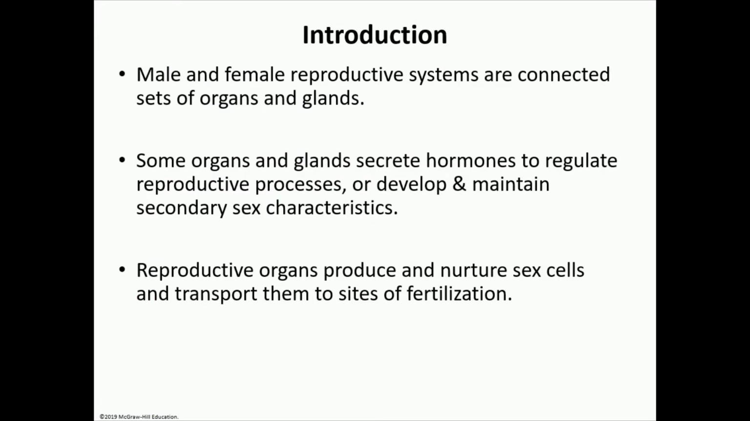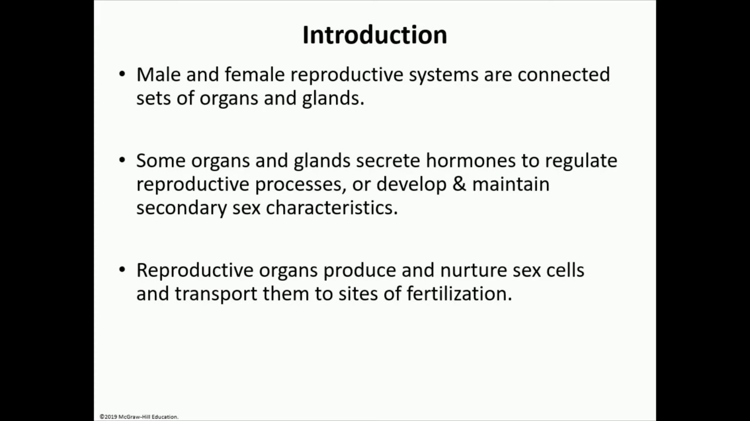So we'll start off with an introduction about the system, that we have 2 systems. There's a female and a male reproductive system that are connected through different organs and different glands, and there are lots of hormones that play into this. The hormones start off in the hypothalamus, and then the hypothalamus makes gonadotropin releasing hormones that stimulate the anterior pituitary to make a set of hormones as well, namely FSH and LH,